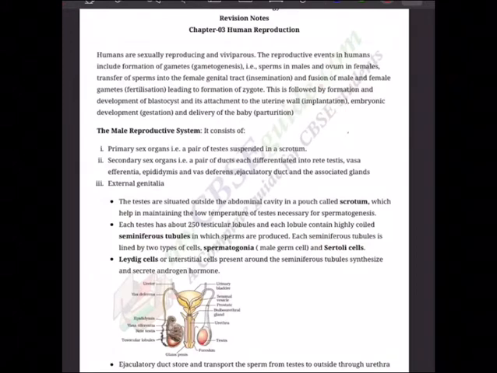One is germination of pollen grain and the soil structure, texture, and moisture retention capacity, all this related to chapter number 2. Now today we will have a revision notes of chapter number 3, human reproduction, and we continuously do